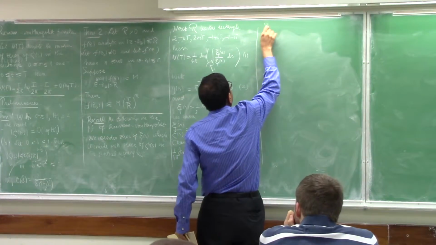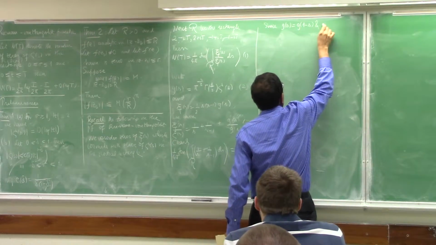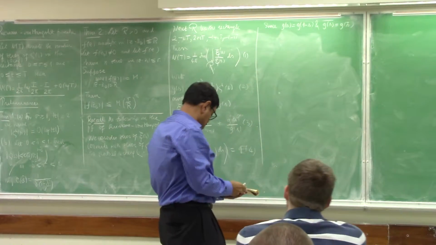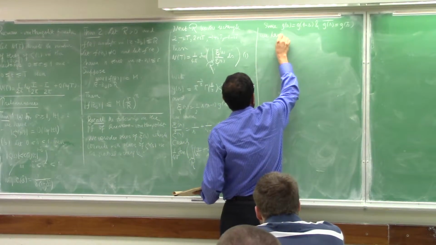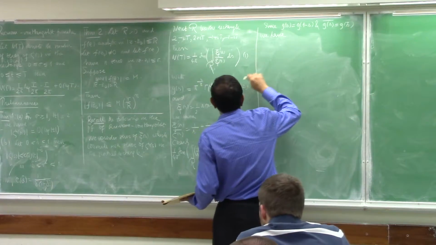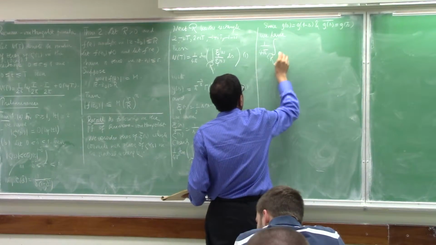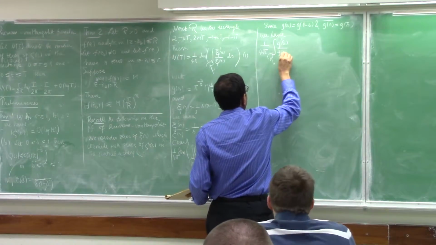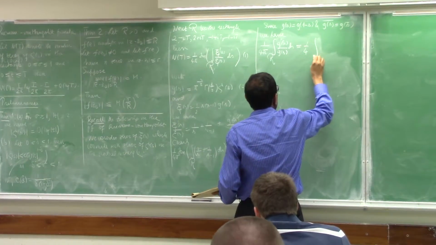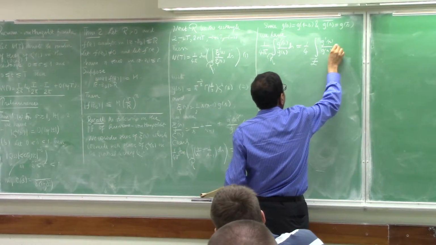Then, since g of s equal to g of 1 minus s, and g of s bar equal to g of s bar, we have that the integral, if you want to put 1 over 4 pi, 1 over 4 pi of the integral over rectangle of g prime of s over g of s ds is simply 1 over 4 times the integral over a segment which we have called z of g prime of s over g of s ds,